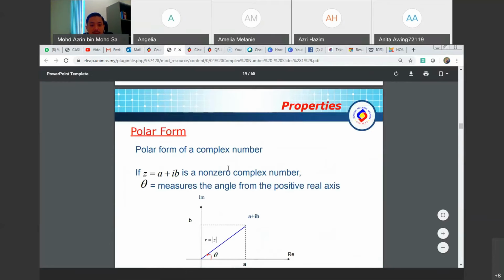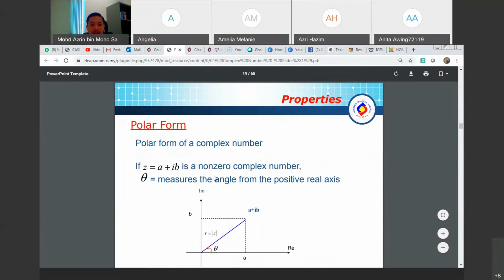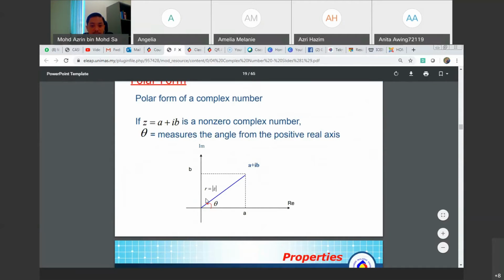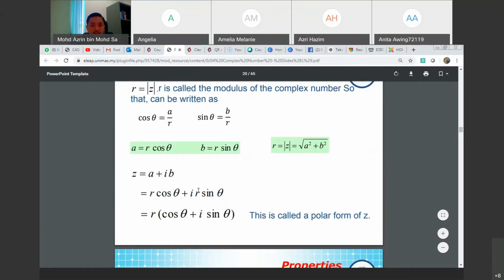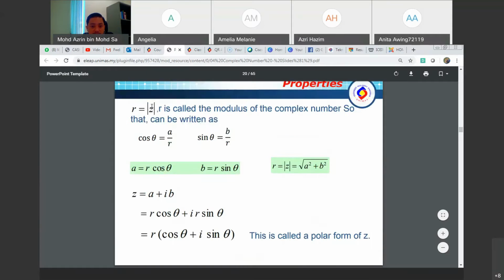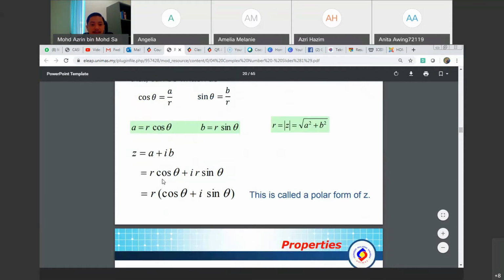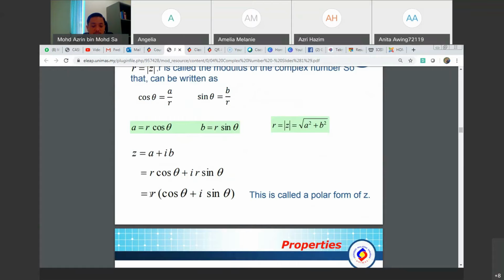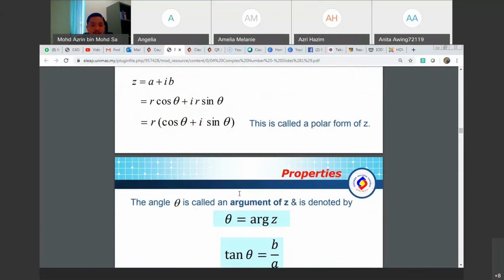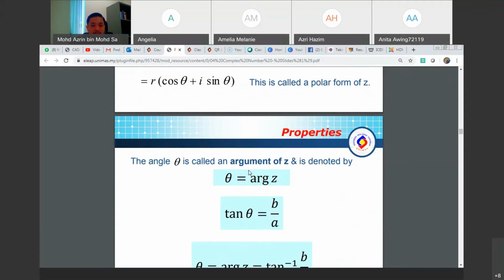Polar form is in this form. For complex number z equal to a plus ib, and theta measured from the positive real axis. Then we also know that r equal to modulus z, and we can change this polar form in terms of r cos theta plus i sin theta. Okay. Then theta itself is the argument of z,